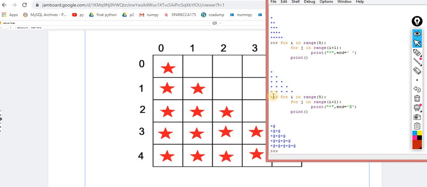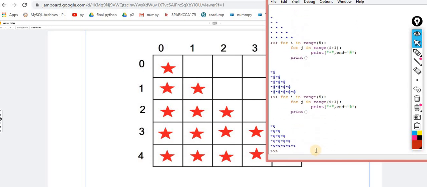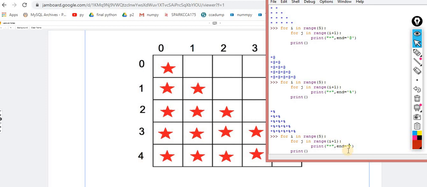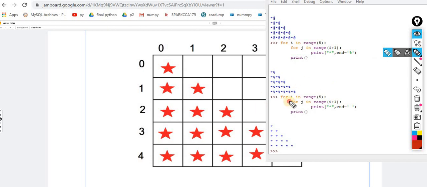Okay, you want something else, no problem at all. You can pass over here this modulo sign. Okay, exactly the same. So if you don't want anything, just empty this and do this. Now you can check it out. This is the code for this. Is the picture cleared or not?